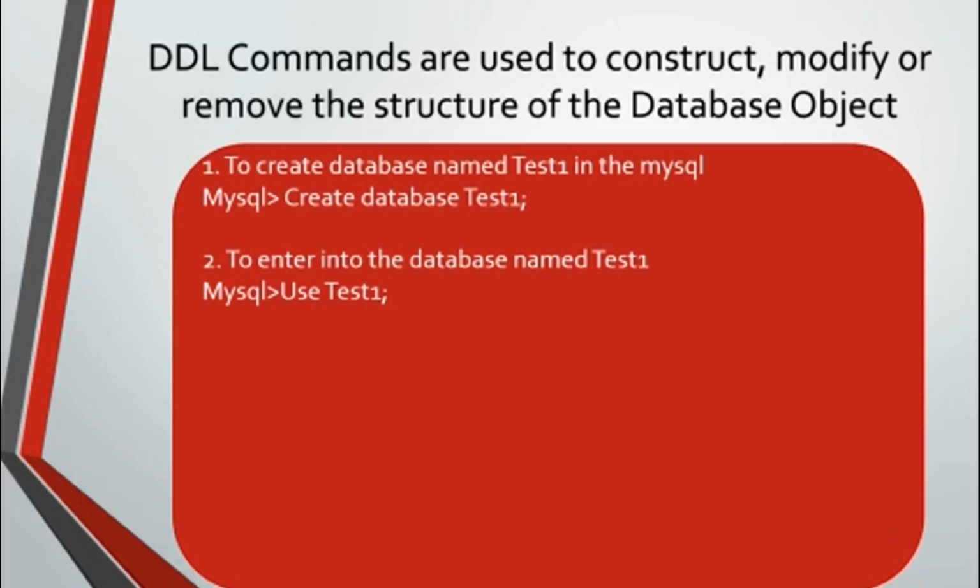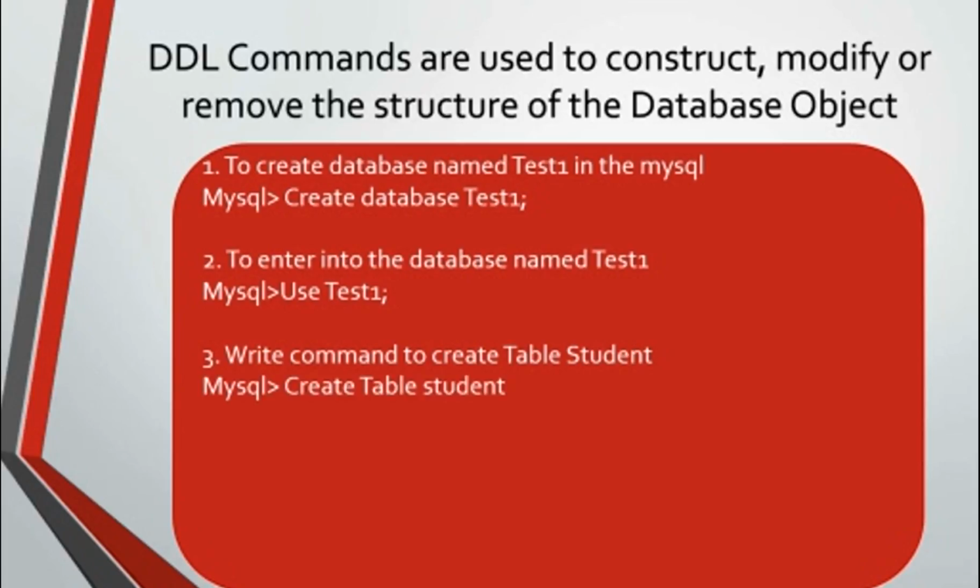Okay, so to create the table student in the test1 database, you have to write the following syntax. First you will write create table student. After that you will put the parenthesis, and remember this thing, write each field individually. In each line you have to write the field name. Okay, in MySQL you can write all the things in one line, but don't do this type of practice. You have to write each field in a separate line.